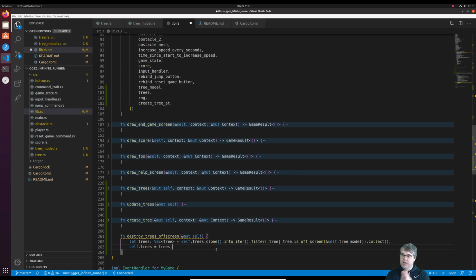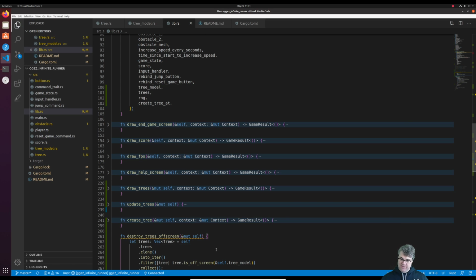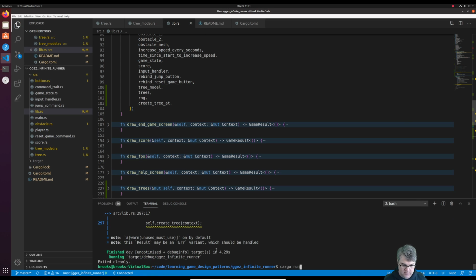So as the tree goes off the screen, it's going to be dead. Like it gets removed completely. So we're not going to try to update it anymore. We're not going to try to draw it to the screen anymore. It's just gone. And that vector will grow and then shrink as time goes on. So if we save this, and we run it,